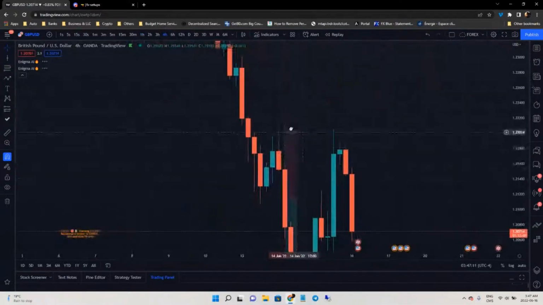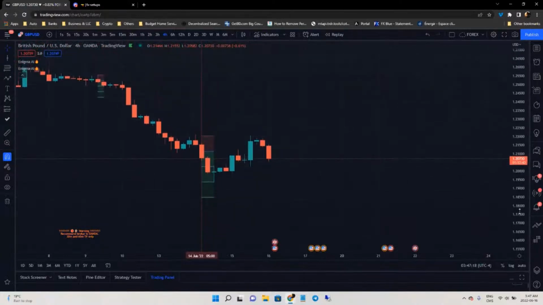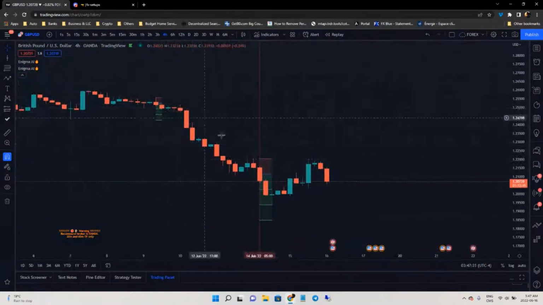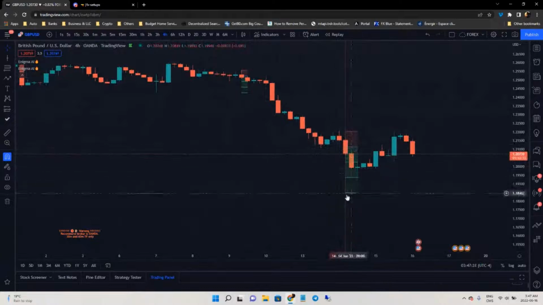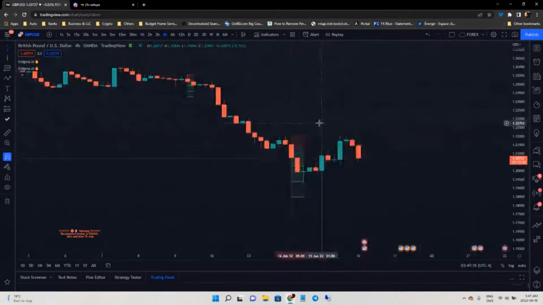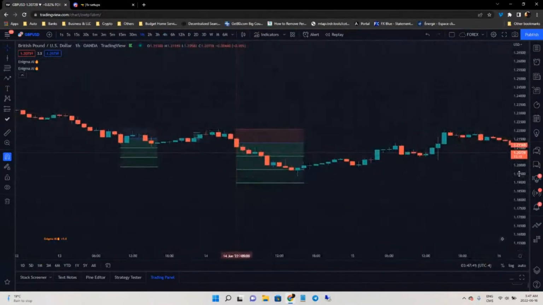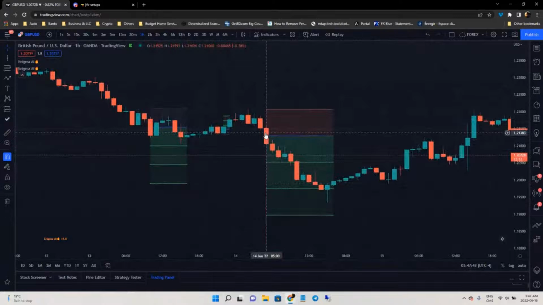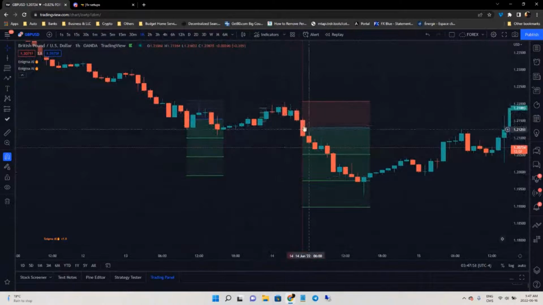I go on my H4, see where we at in the market. So this is bearish. And are we at the end of a trend? Yes, almost. But this is the last push down before the market reversing a little bit. So go back on the H1. So that's a good trade setup.